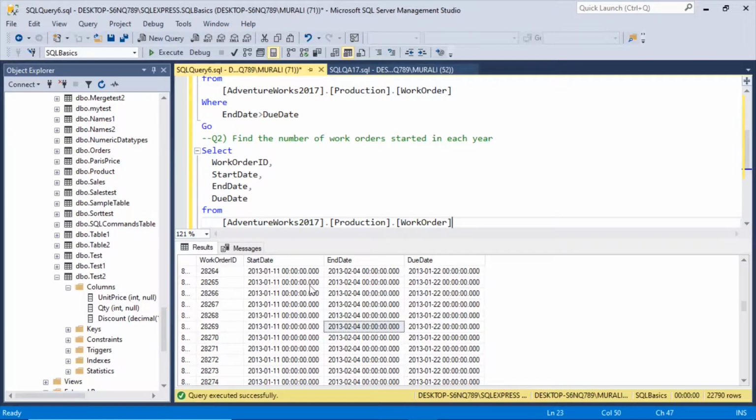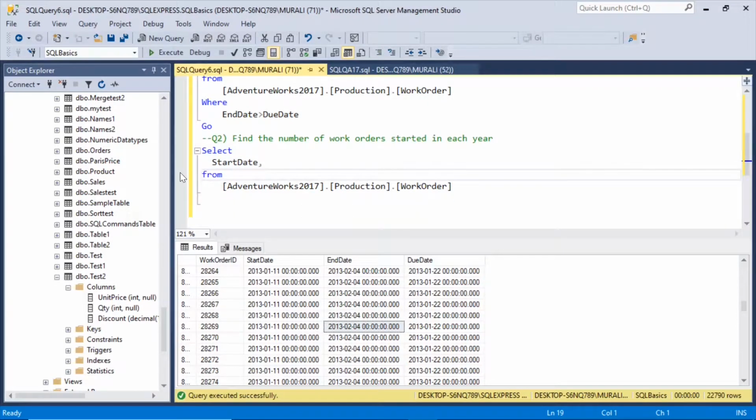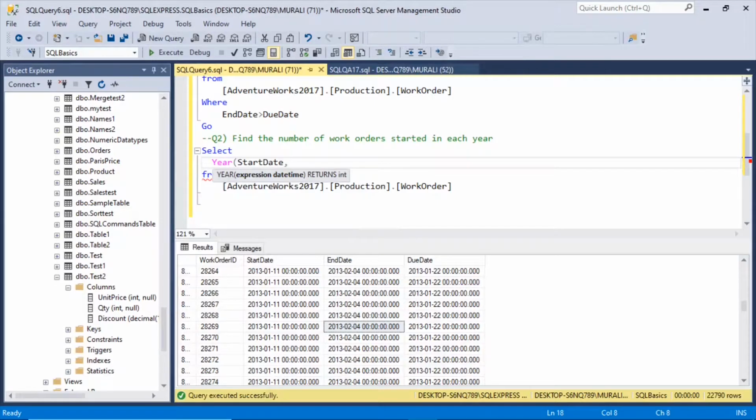Now we want to know the number of work orders started in each year. So here we want the year. So we say year of, we don't want these two dates because we want when it started. So we want the year of start date,